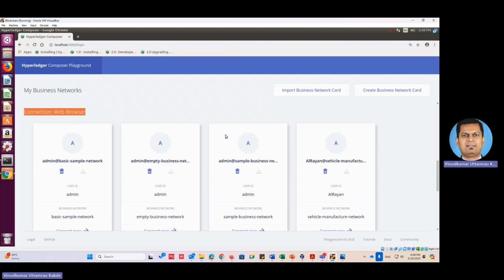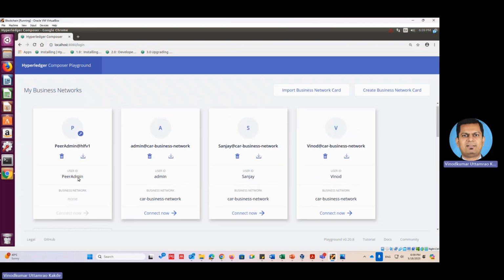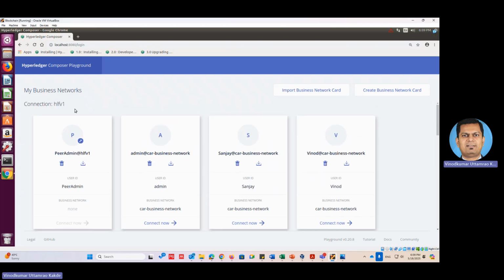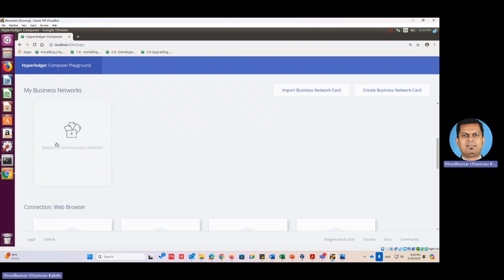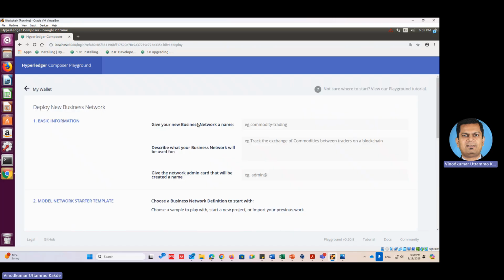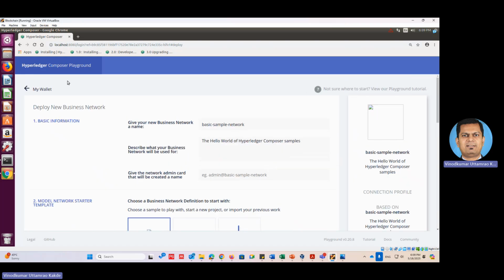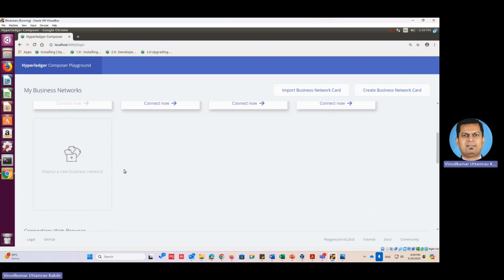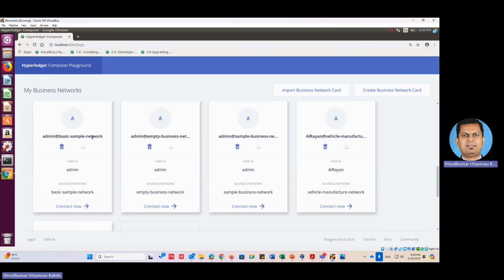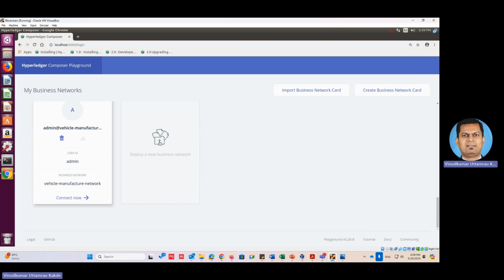Don't choose the first part. First is creating a network solution using the peer admin card that you have here. So this is actually to create an admin card. Okay, so if you click here, it will allow you to create a business network. But at the same time, you need to have the admin card for this. So we will create it through the web browser connection and click on this deploy a